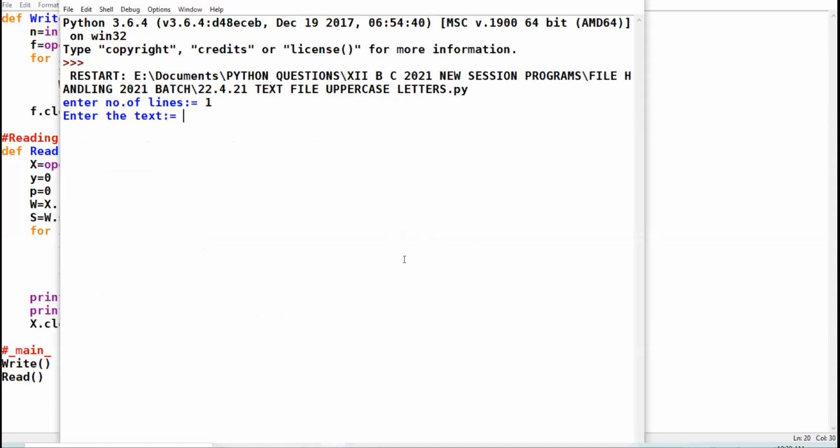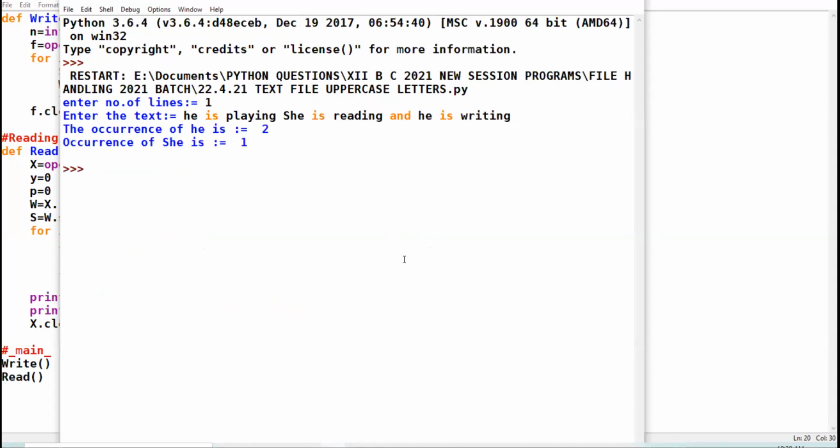Line 1: he is playing, she is reading, and he is writing. Okay? See here, 2 times he is appearing, 1 time she is appearing. Am I clear to all?